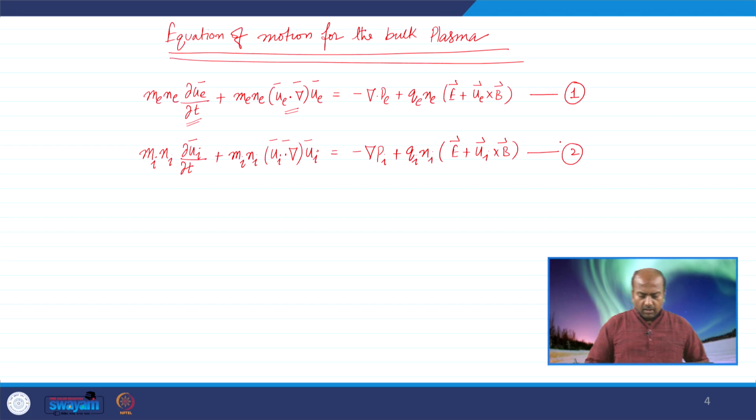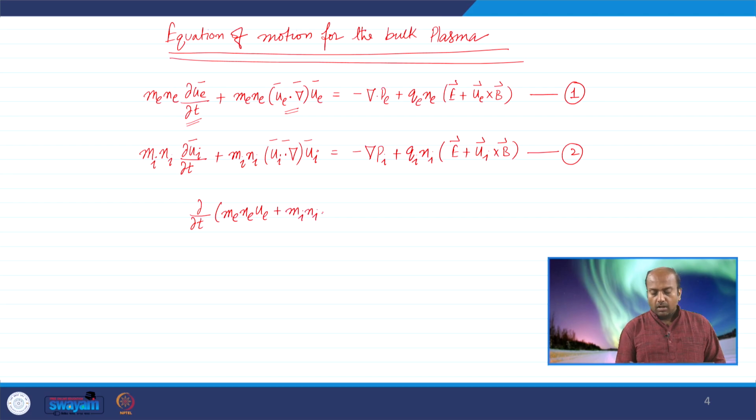What do we do? We just combine both the equations. Simple algebra will allow you to add both the terms. So I will write them by skipping one algebraic step. So dou by dou t of me ne ue plus mi ni ui is equal to minus